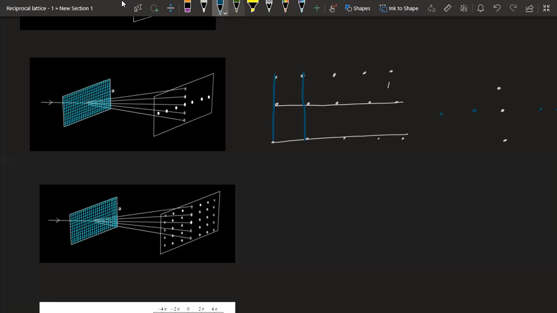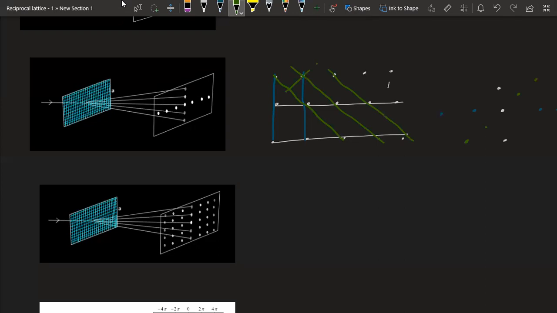So that's not it. We can consider some other planes as well, right? So there is this particular vertical plane. These two planes are not similar because the atomic arrangement is different. So we will have some other plane. Okay, so this will be the same. We have this set of planes, and the dots corresponding to this plane will come perpendicular to this plane and will be inversely proportional to the separation between these green lines. So that will appear like this. Fine. So like this, we can consider additional planes.